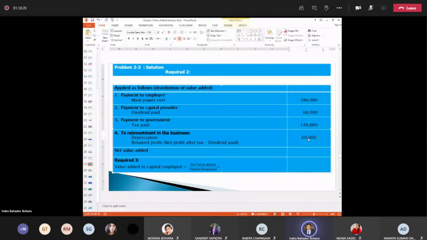Net profit is given, and out of net profit we distributed the dividend in the question. So after deducting the dividend we calculate the net retained profit. So net profit after tax is 1,40,000 minus dividend paid to the capital provider 60,000. So you subtract and write down here